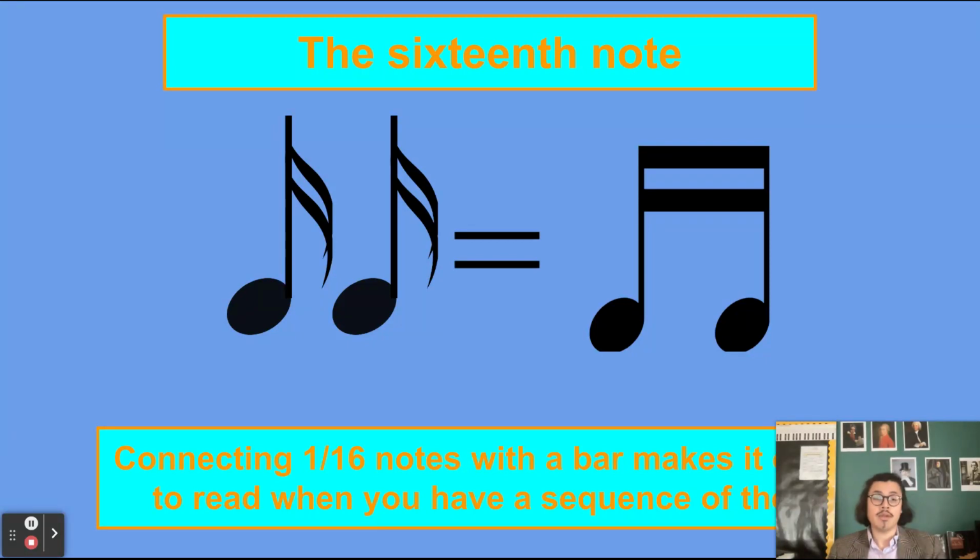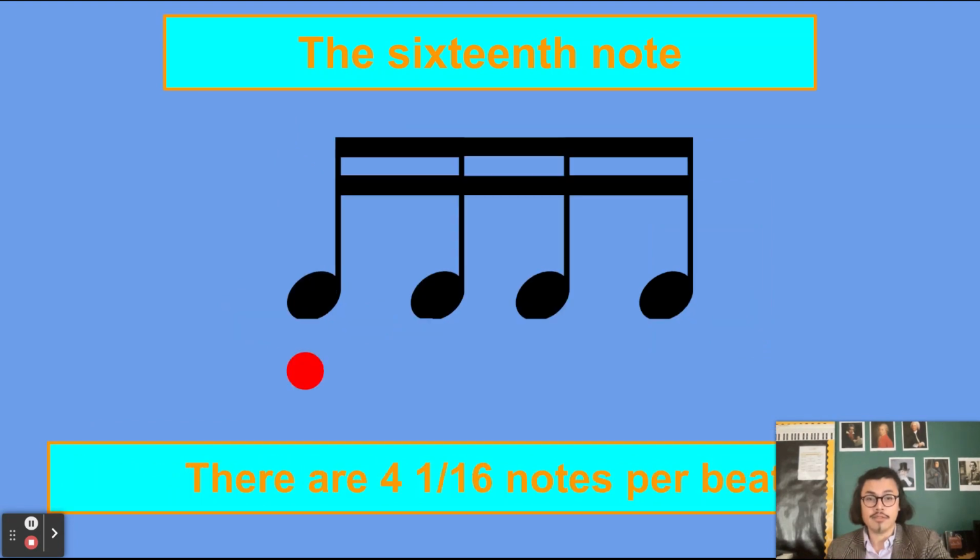If you have four of them in one beat, you're going to read 4, 4, 4. You usually don't have a lot of them unless you're in a triple meter, but we'll talk about that in a different lesson. So here are 4 16th notes per one beat. Let me show you. 1, 2, 3, 4, 1, 2, 3, 4,